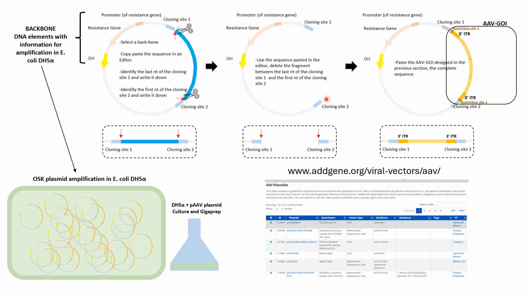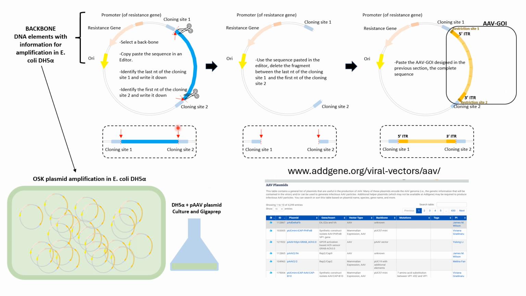So we have the OSK genes sequence in a text editor or wherever. You can get it from PubMed or other scientific resources. So since we have the sequence of the OSK genes and we have the sequence of the plasmid, we just have to insert the sequence of the OSK genes inside. That is just copy pasting here. Okay, so at the end of the process, we will have the plasmid with this information for the plasmid amplification, and also we'll have the genes that we want inside. Okay,